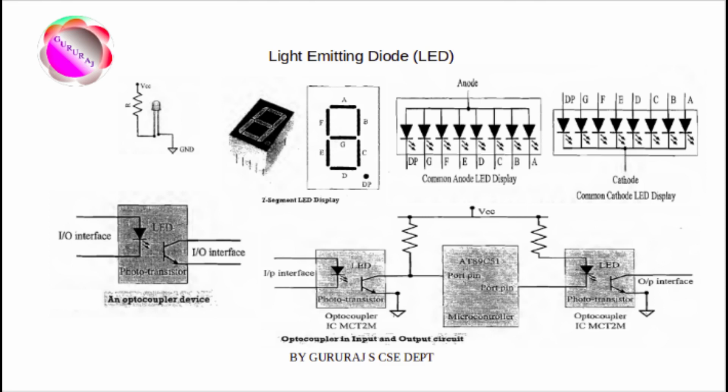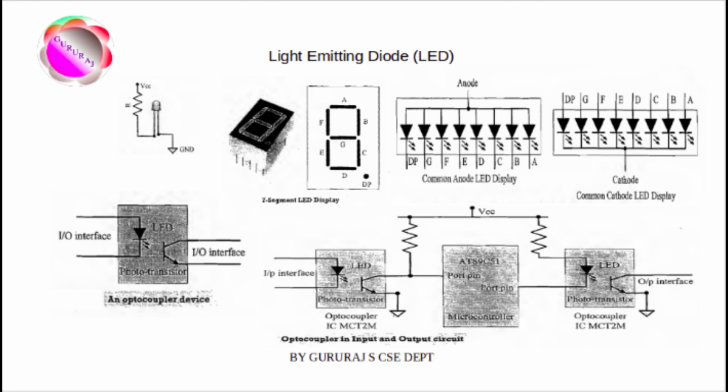Now the second I/O subsystem is the 7-segment LED display. We discussed this one at length in the earlier subject, but again I will brief it. The 7-segment LED display is an output device for displaying alphanumeric characters. It contains 8 light emitting diode segments arranged in a special form. Out of the 8 LED segments, 7 are used for displaying alphanumeric characters and 1 is used for representing the decimal point in a decimal number display. The LED segments are named A to G and the decimal point LED segment is named DP.